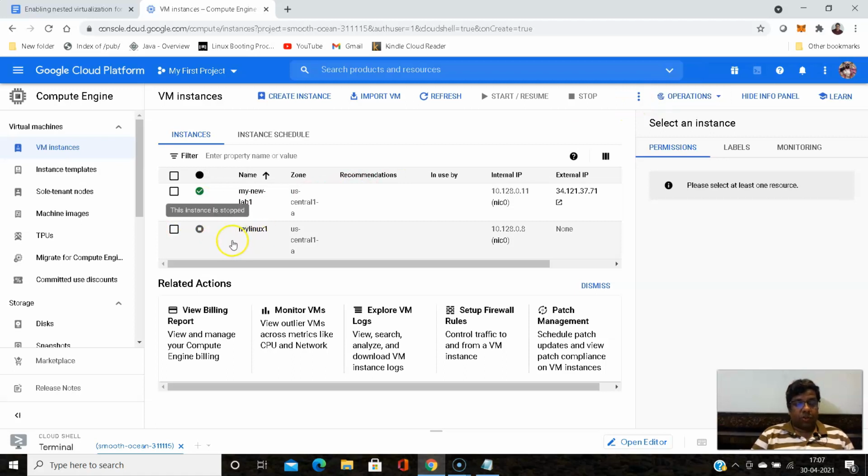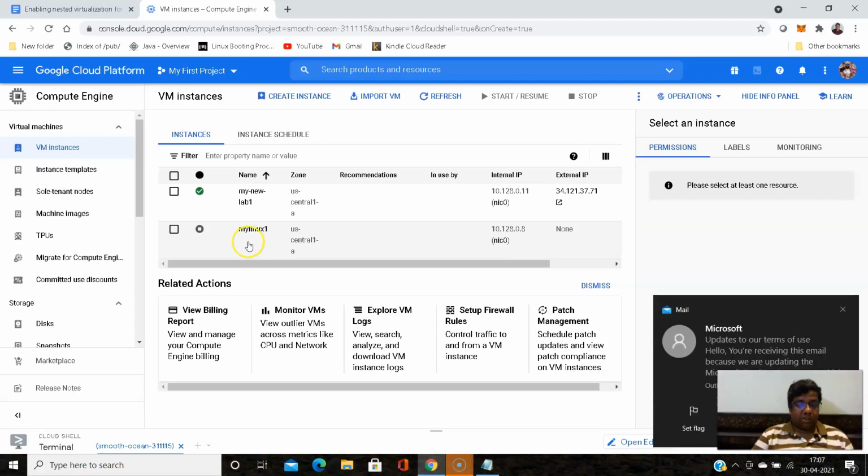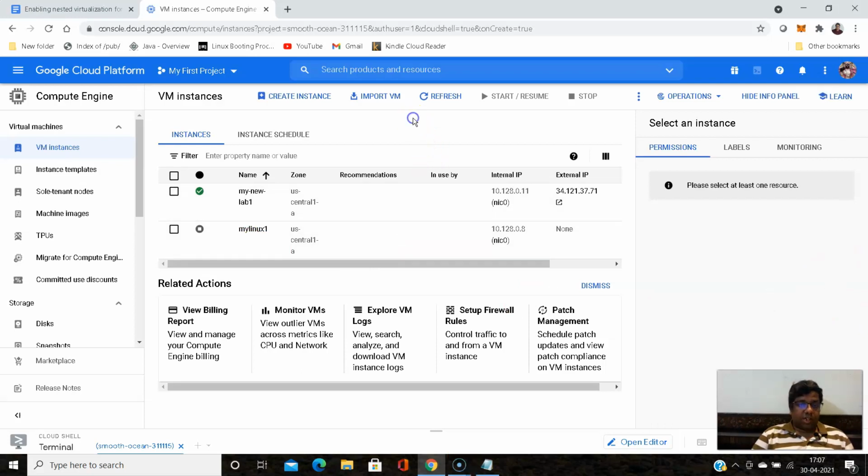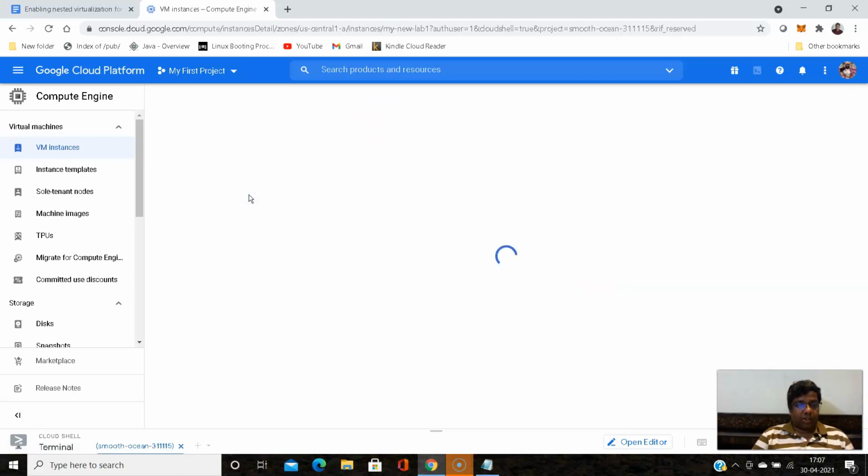For now, I do not need this one. So when I require it, I will start it. Right now, I will keep it stopped. Otherwise, it will consume unnecessary resources, and it will reduce my free tier account balance. Okay, so that's fine. If you want to open it, you can see